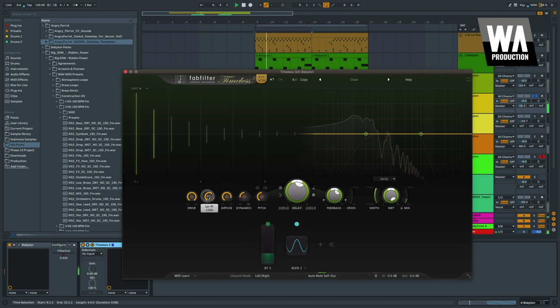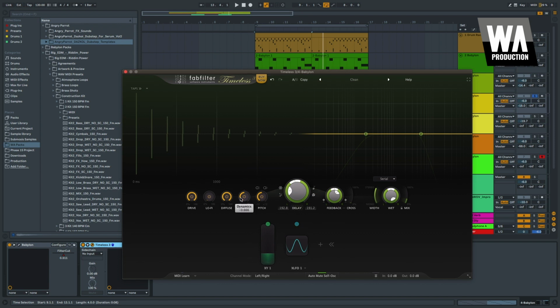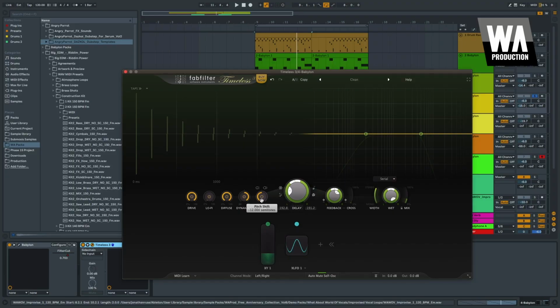You then have diffuse, which I think sounds really cool and just helps to really spread out the sound a little bit and give it a separation from your initial sound. We then have dynamics, which when used in correspondence with the diffuse creates a really nice accentuation of the diffuse sound. And then we have the pitch sound,